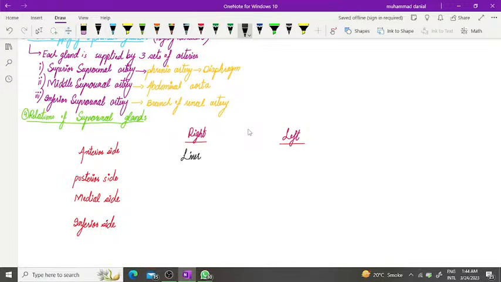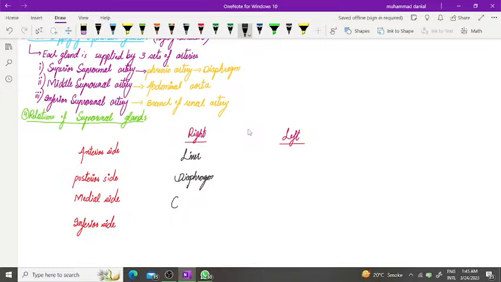And towards the posterior side, the diaphragm is present. And if I talk about the medial side of the right suprarenal gland, the celiac ganglia is